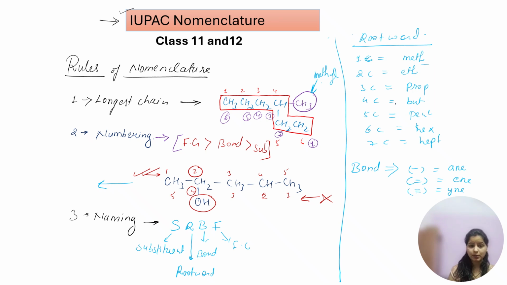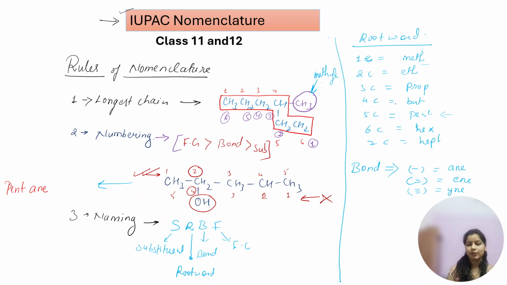All right. So just try to name this compound. First, you need to write about the substituent. Is there any substituent other than the functional group? No. So this part is removed. We are not writing anything about the substituent. Second one is R, root word. What is the root word? You have 5 carbons. So for 5 carbons, you need to take pent. Now, do you have any double bond or triple bond? No, you have only single bonds. So then ane.